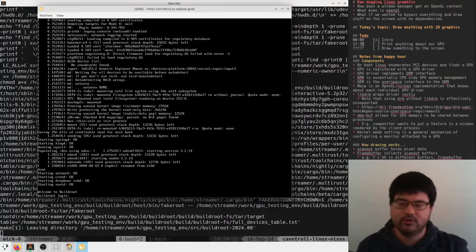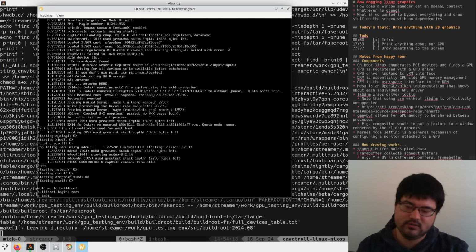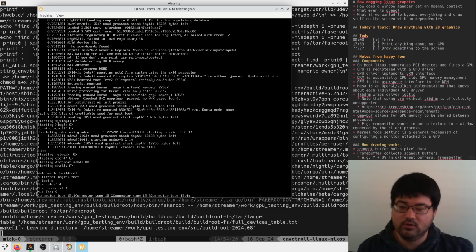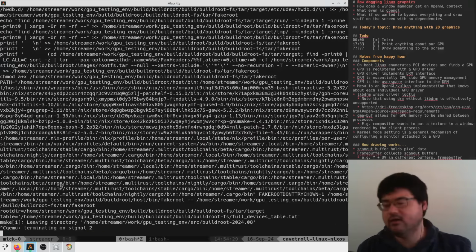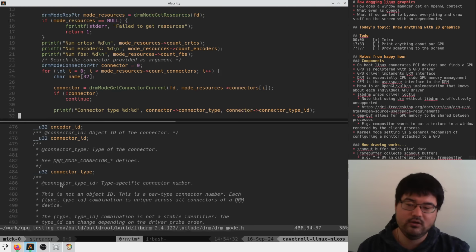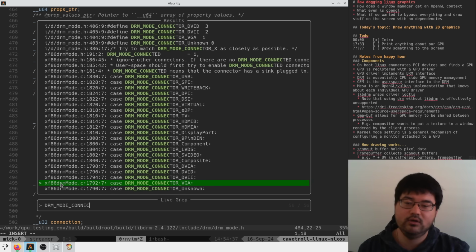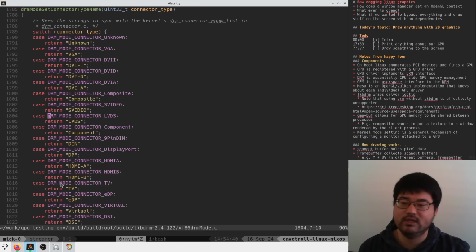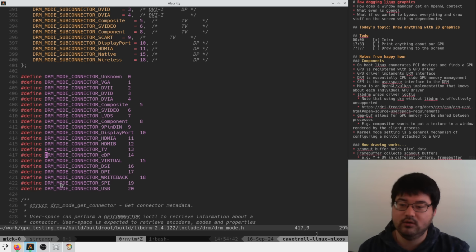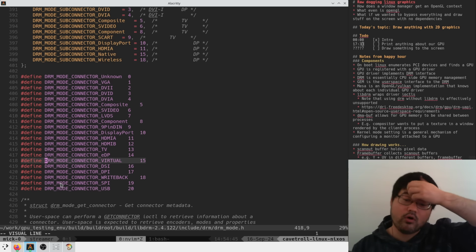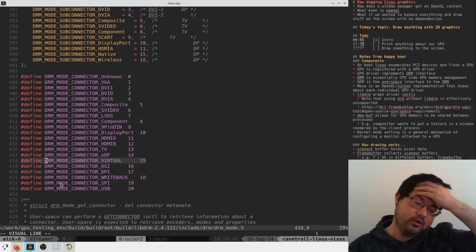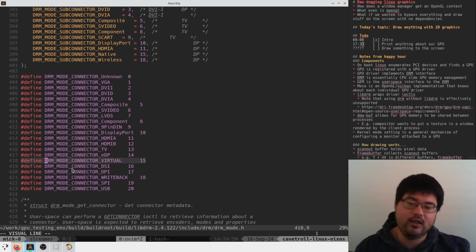All right. So we're looking for test.c. Okay. So we forgot to do \n, but we do see that we have four of the same connector type 15 down here. So here we had a DRM mode connector, and we're looking for whichever one of these is 15. Virtual. That makes sense. So he has 4 virtual displays connected to the same driver. I guess that is maybe reasonable. I guess we should maybe assume that we want to use